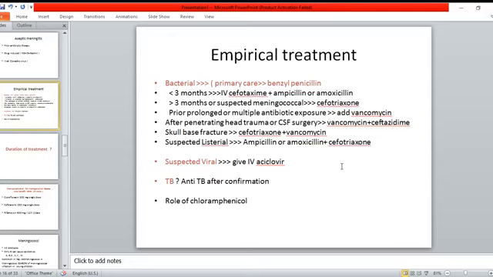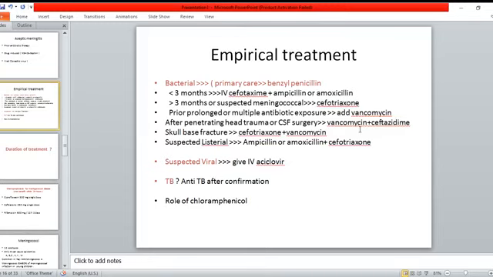So by default it is ceftriaxone. If there is any suspicion of listeria, ceftriaxone plus amoxicillin or ampicillin. If it's a preterm baby or there is jaundice, cefotaxime plus ampicillin or amoxicillin. If there is a prolonged exposure to antibiotics or use of multiple antibiotics before presentation, we add vancomycin to